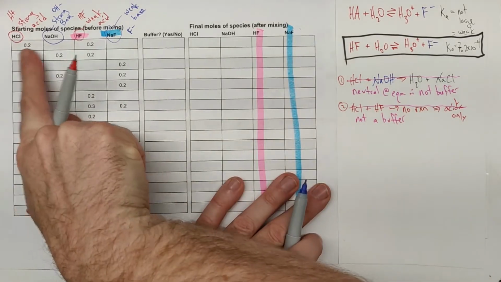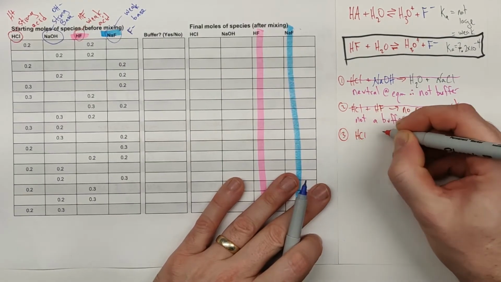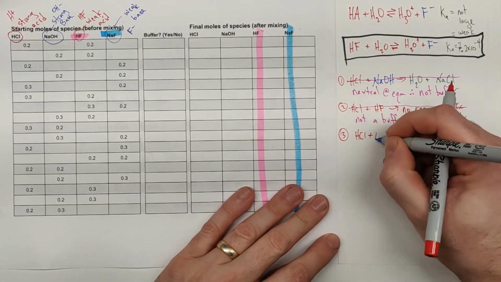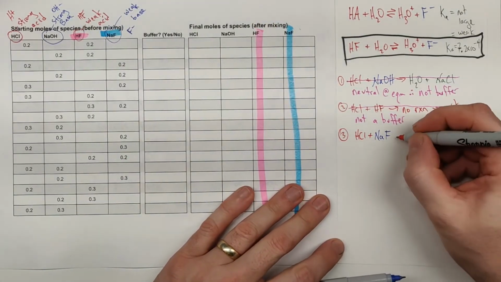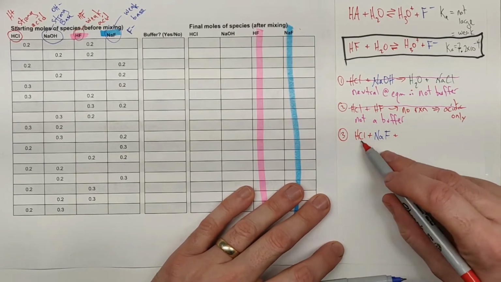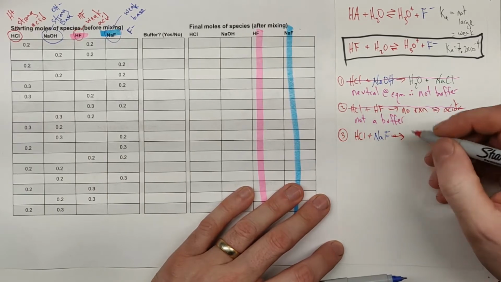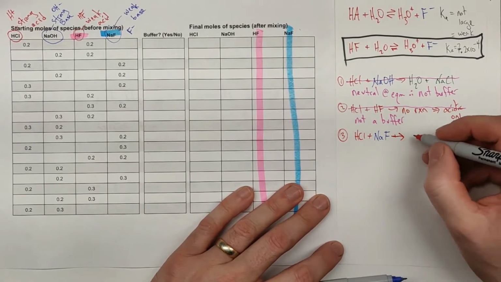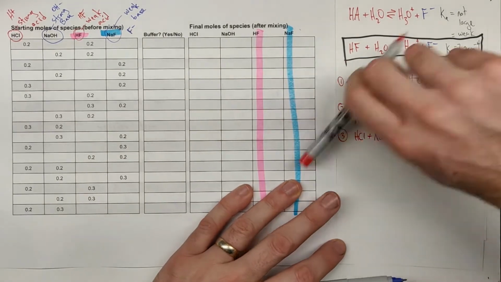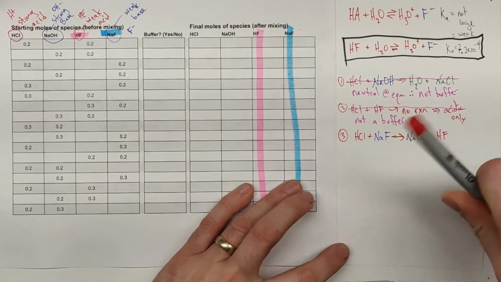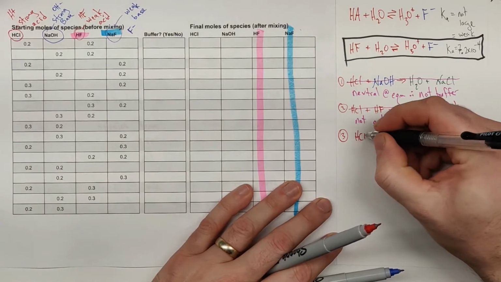Our third possibility is the HCl and the NaF. I mentioned moments ago that I wasn't going to write in the spectators. Joke's on me already. Now, this is a strong acid and a weak base. In this particular case, we're going to end up with NaCl, which is essentially neutral. We're not worried about that. It's our spectator. And HF. So this is a big deal because now I have, and I'm going to get rid of my spectators,